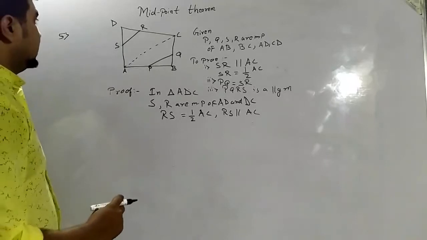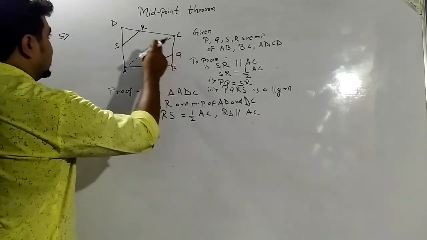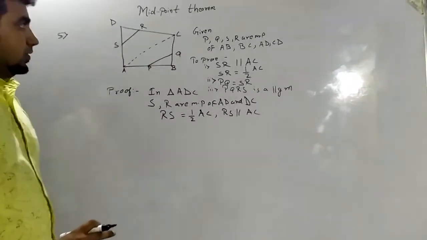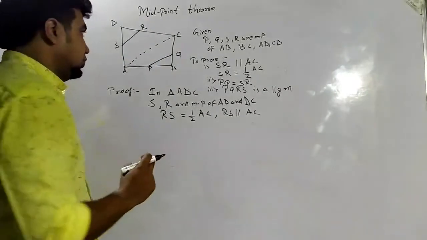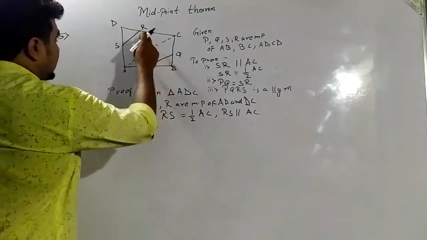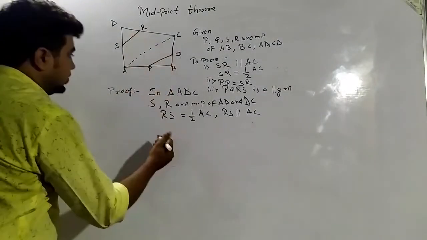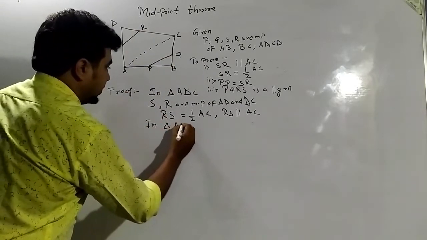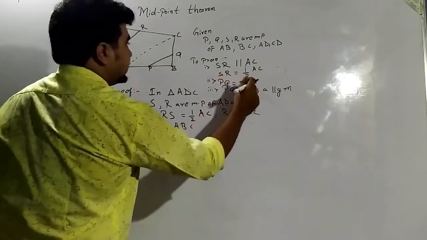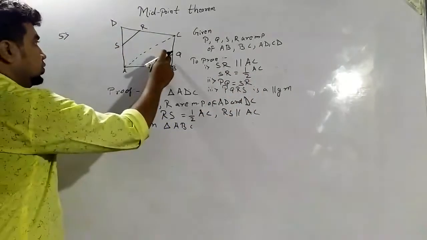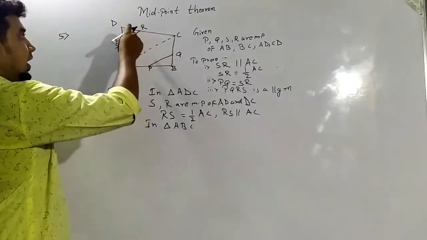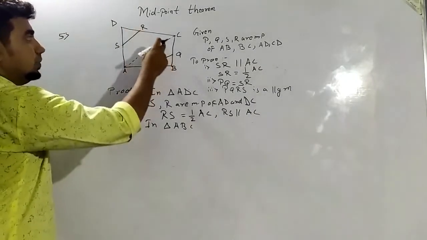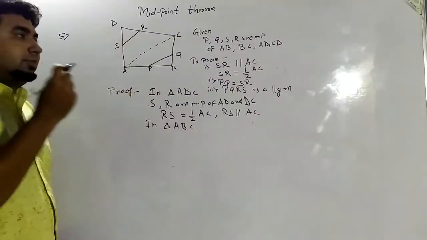Now we have to prove this part, PQ and SR. We can prove that PQ is equal to SR. In triangle ABC, first part I have proven. Now I have to prove that PQ is equal to SR. One thing is common, that PQ can be compared to AC and SR can also be compared to AC. SR will be half of AC and PQ will also be half of AC,